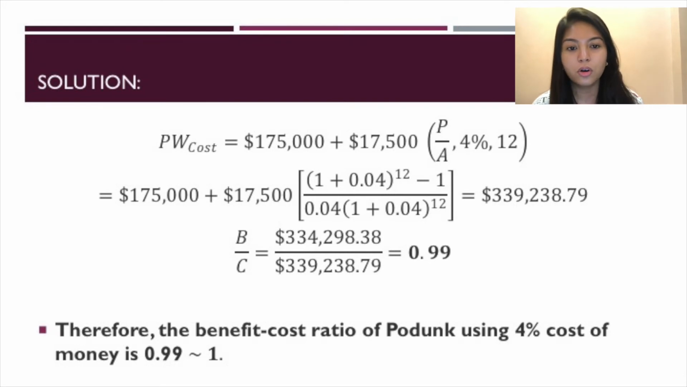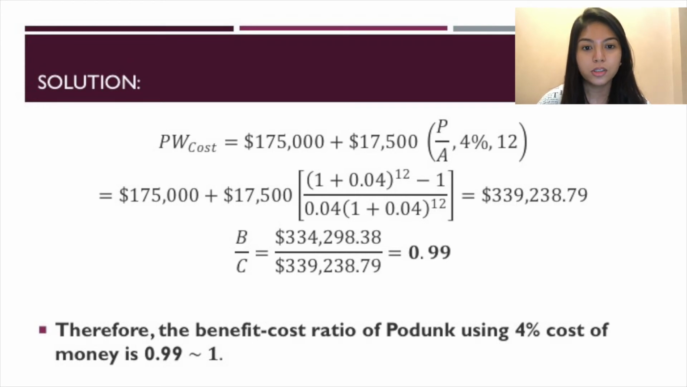The construction cost of the lot is $150,000. That will be equal to $175,000 plus the $17,500 for the yearly cost of the lot. Okay, so from the given, we also have 4% for 12 years, right? So to calculate by substituting all of these given values, we will get